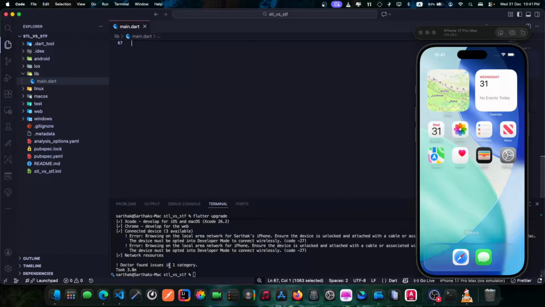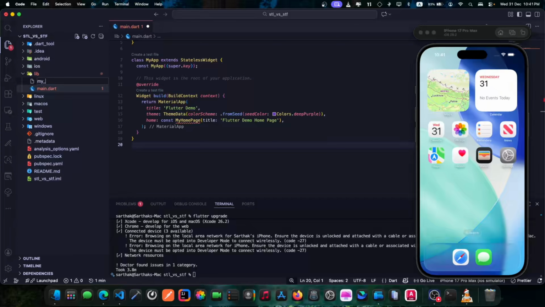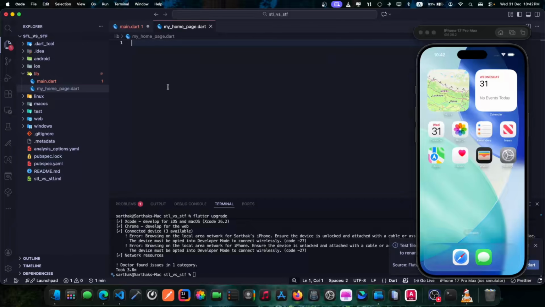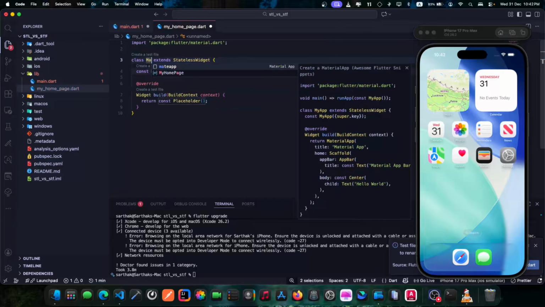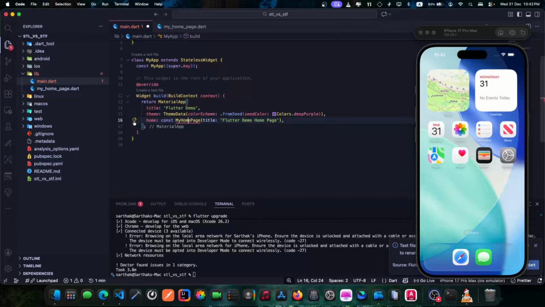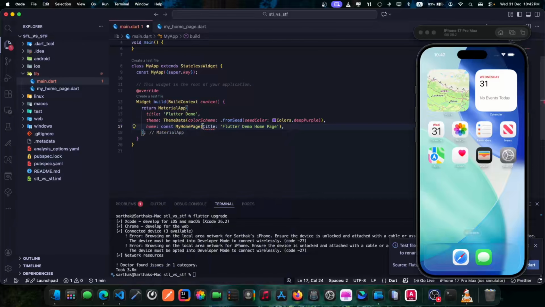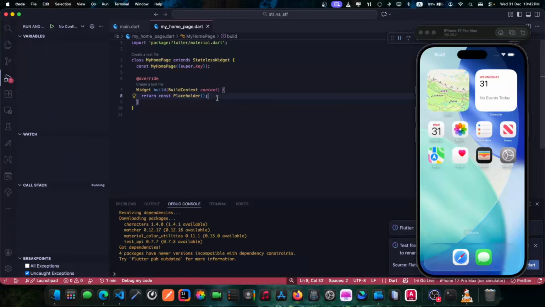So quickly clear this up and make a new file, new home dot dart, and then just type STL, which creates a stateless widget, and make it MyHomePage and import it in the home screen. We don't need this title. That will do. Run this code and we'll just create a simple UI, which is